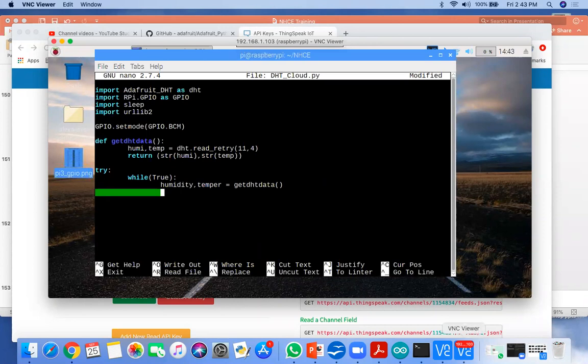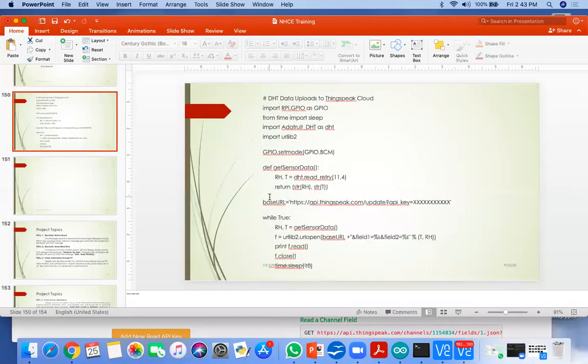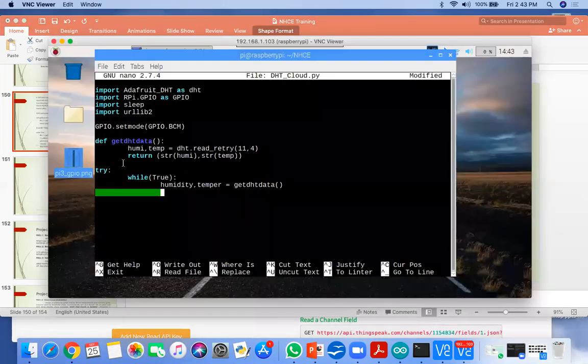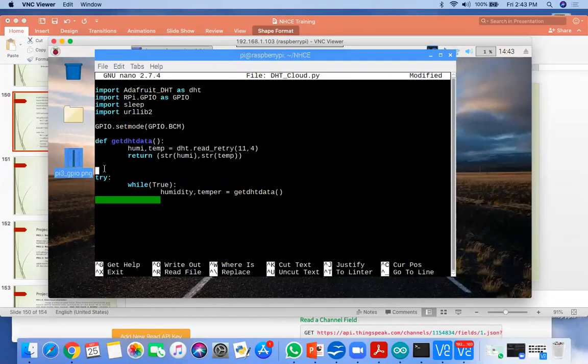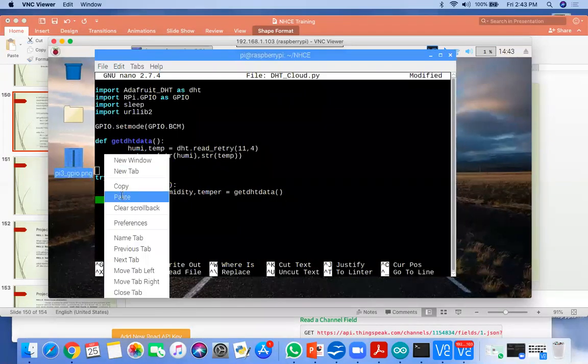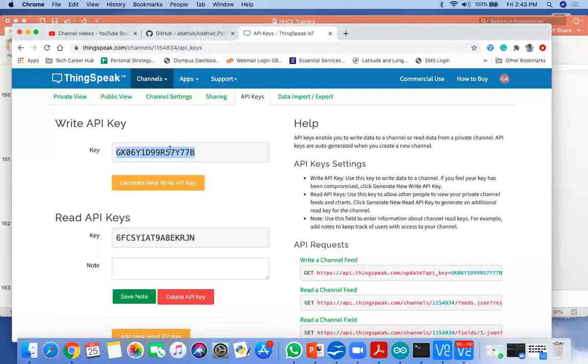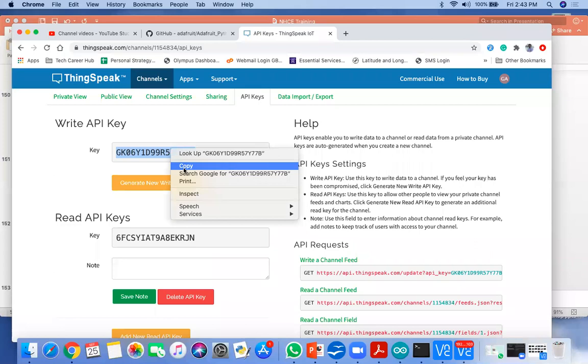Next we need to make this base URL. I directly copy and paste this base URL from the website presentation. I need the write API key because I have to replace it here.